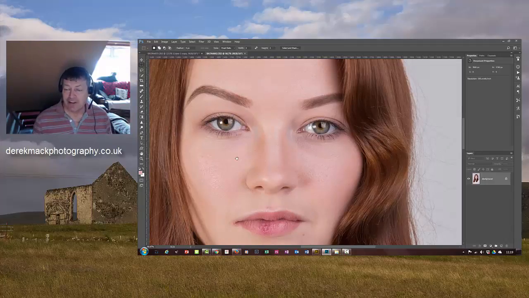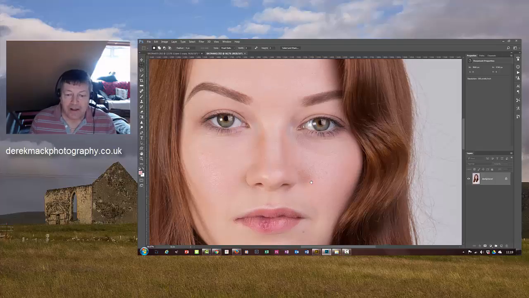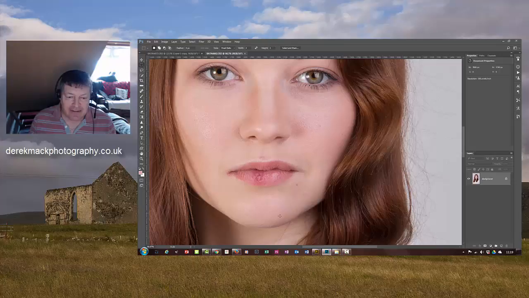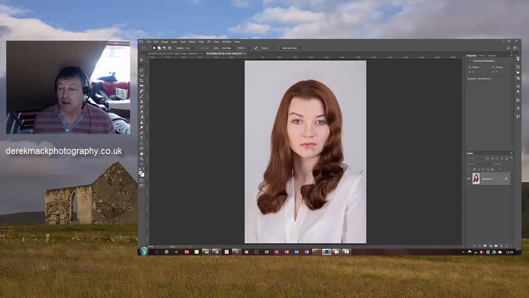But when we go into frequency separation, we can separate the color layer from the texture, and we can smooth out the transition of any color, so it'll be almost unnoticeable. And we're not trying to make it a flat color. We're just trying to really smooth out any transitions, and we can do any color corrections there. And then on the texture layer, where you get little bits like this or this little bit down here, we can fix just these minor blemishes. If we're wanting to get this image looking as good as it could, then we will fix that on the texture layer. So the way we go about doing that, which I showed you in the last video,